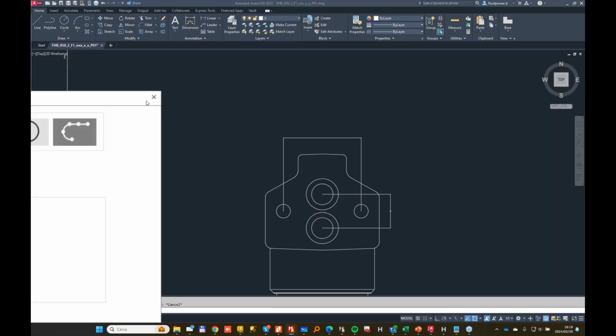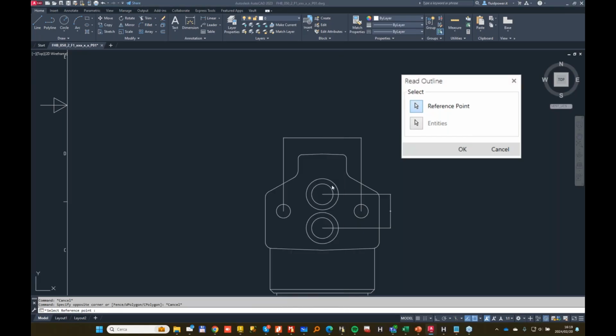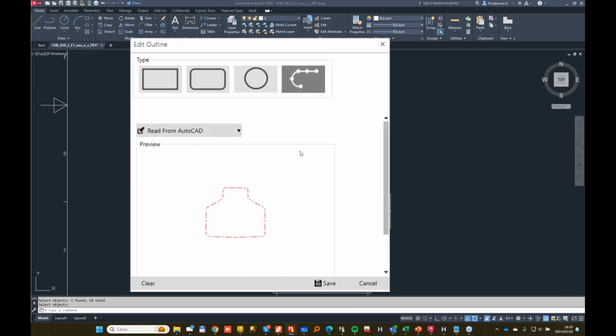Edit outline. So I did from AutoCAD. Now the reference point, I need a reference point, which is the insertion point here, and I need the entities. So I selected the entities. If you test on your system, you will see much better. Really, my issue is here with the bad resolution of the screen. So you select all the entities one by one. When you are done, you click enter, and then you click OK. And now the geometry will be available